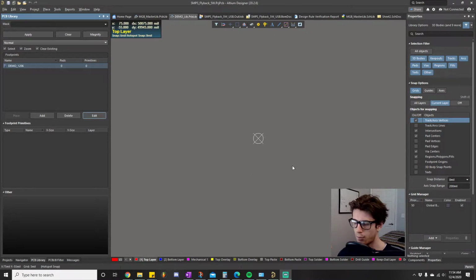So today I'm going to be doing a tutorial for how to make a 1206 footprint. And if you've heard me mention before, maybe in that Altium tutorial, that it's important to know how to make your own footprints, or at least understand how they're made and be able to edit them in Altium, because that way you can curate your own libraries, and I think it leads to a very clean looking PCB